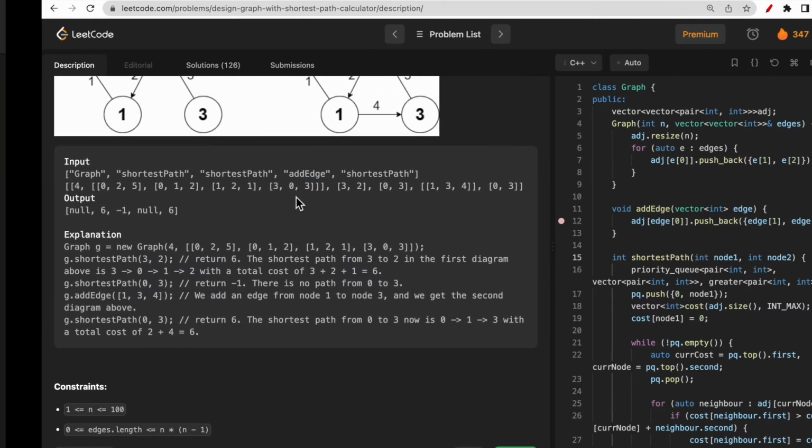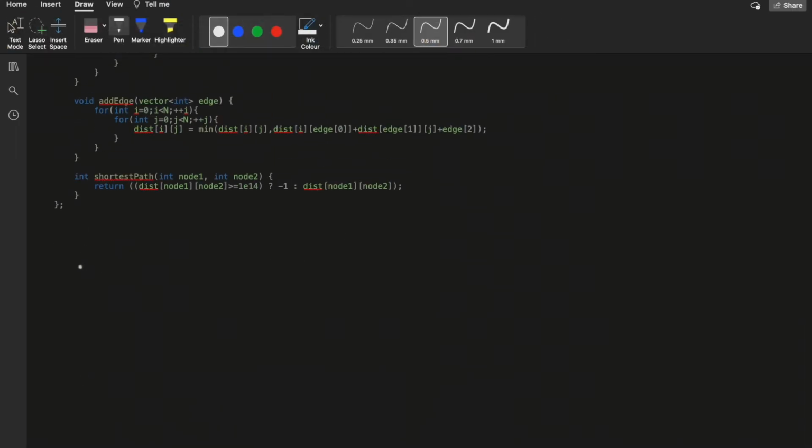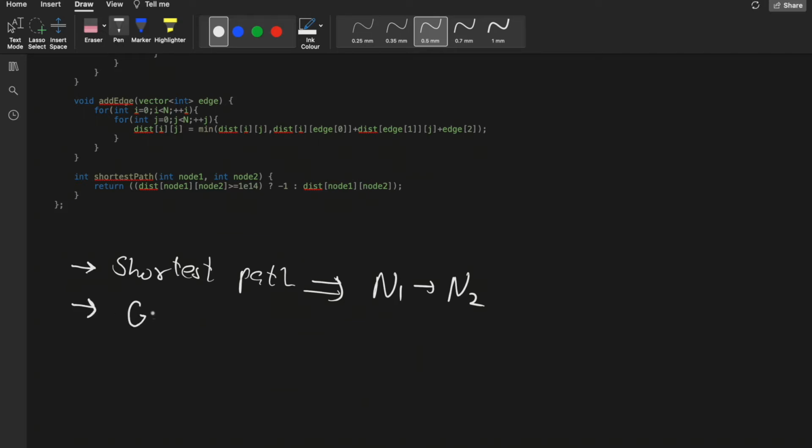Okay, so now guys, let me ask you one question here: what do we have to do? We have to find the shortest path, right? Think of this like this: the shortest path from node 1 to node 2. This thing we have to do. Now just forget it. If you are given a graph and you need to find the shortest path,